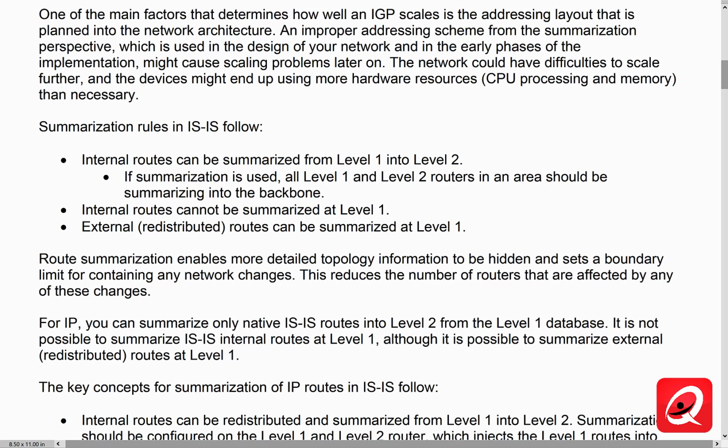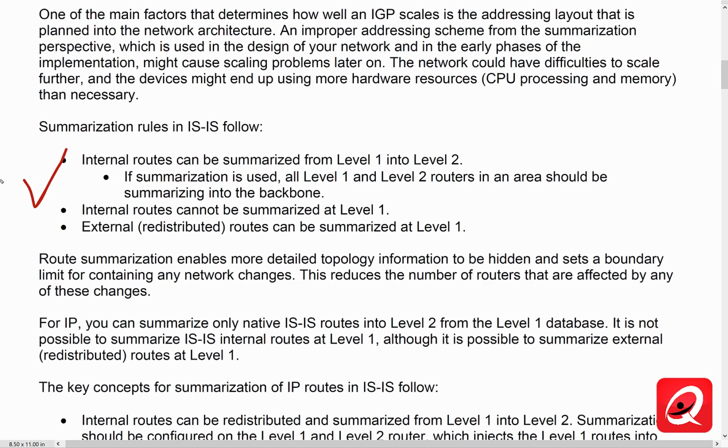But there are some rules, and these are very important concepts that you definitely need to understand right here. Internal routes can be summarized from level 1 into level 2. If summarization is used, all level 1 and level 2 routers in the area should be summarizing into the backbone. That's because if we don't do that,